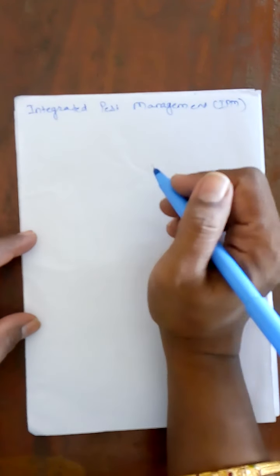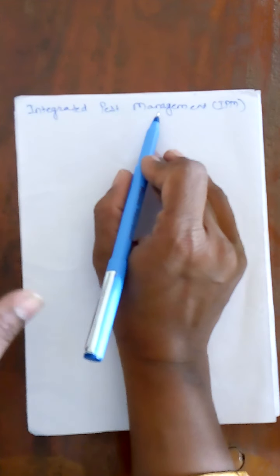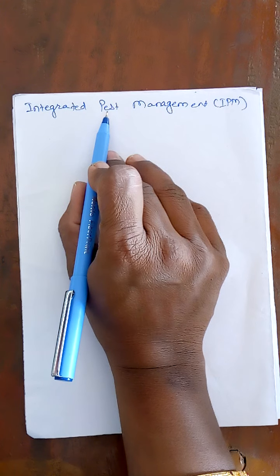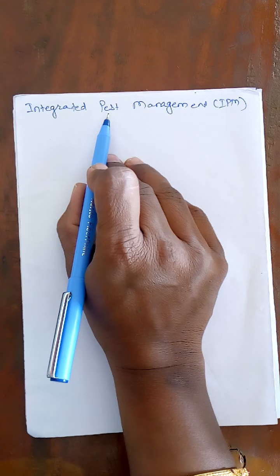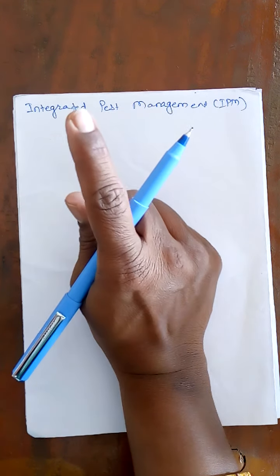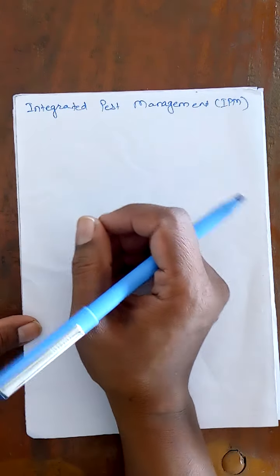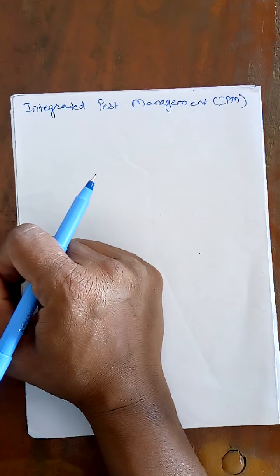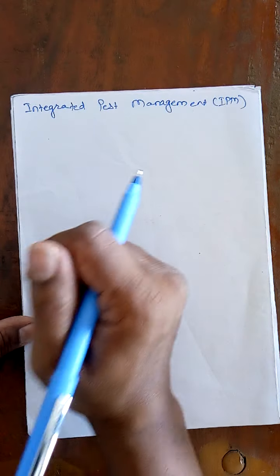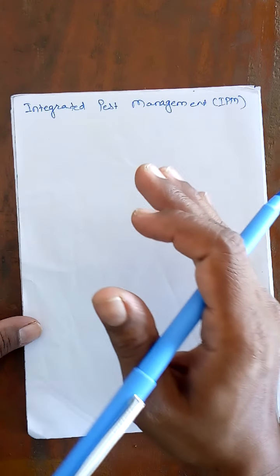Actually it is defined as a pest management system, because the pest management is already here in the word. This is the pest management system in the context of the associated environment and the population dynamics of the pest species, which utilizes all the suitable techniques and methods in a compatible manner as possible, and maintains the pest population at the lower level, or the level which is below the one that causes economic injury.